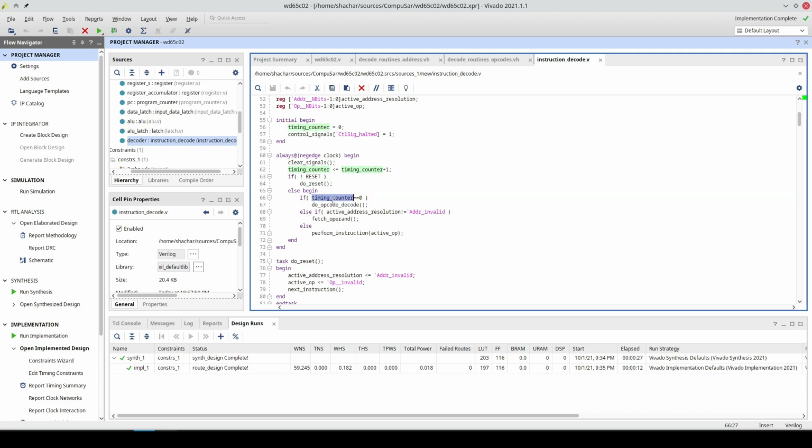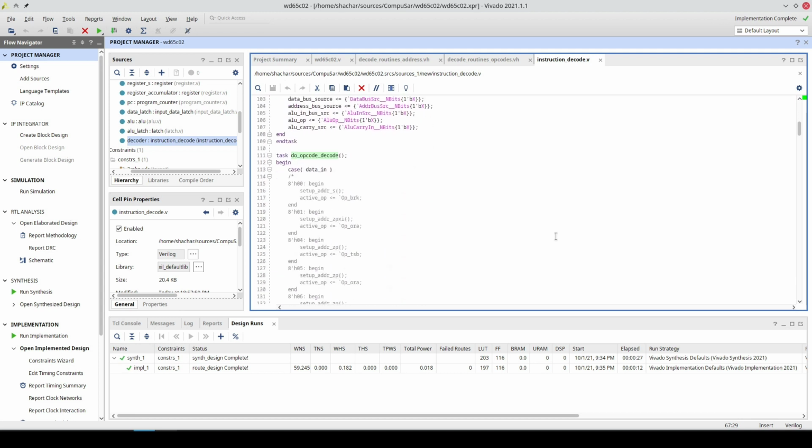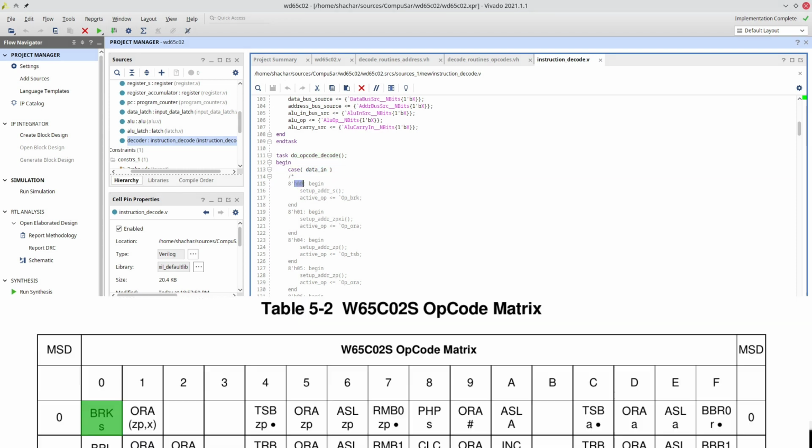So if the timing counter is 0, then data in contains the opcode, which means we go to a function called do opcode decode, which is here, and which unsurprisingly looks like a huge case. So case data in. If it's 0, then the instruction is break and the addressing mode is ADDR stack.